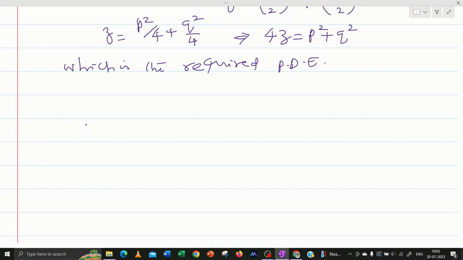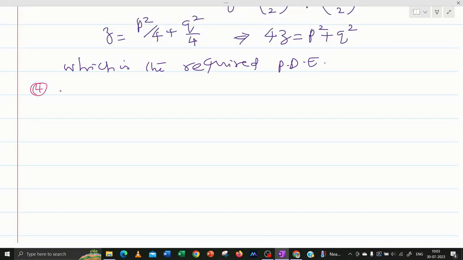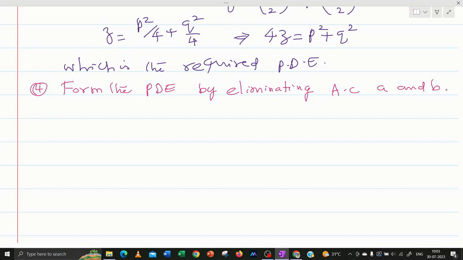Next problem. Fourth problem. Form the PDE by eliminating the arbitrary constants a and b from